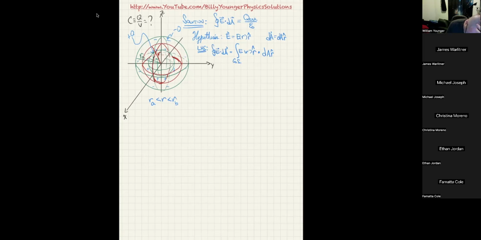So let me also do this. This is your Gaussian surface. Now, the main thing is your surface always has to be closed, or Gauss's law doesn't work at all, for that matter. All right, so now that I've got that, what we can see is, okay,